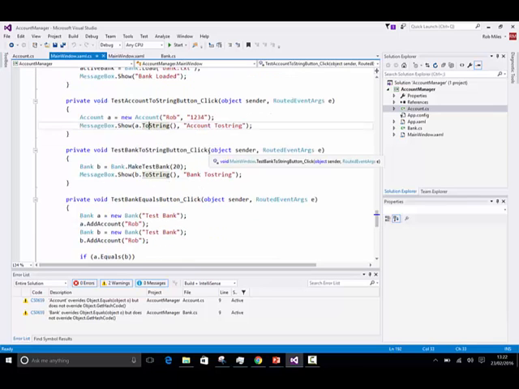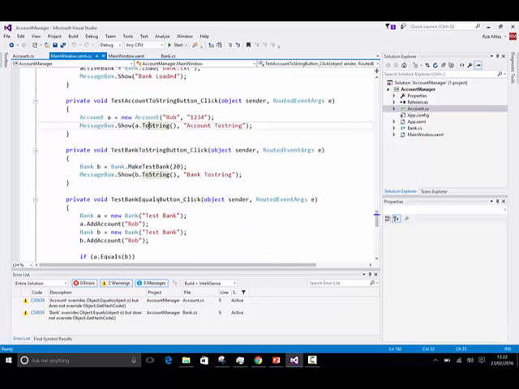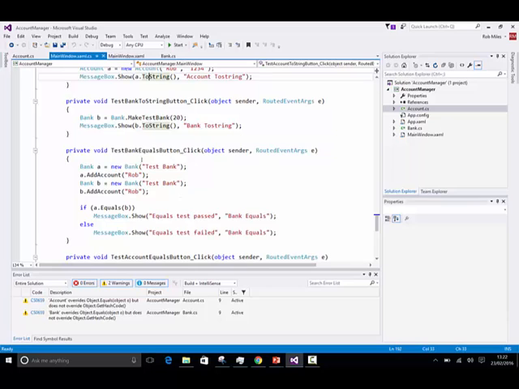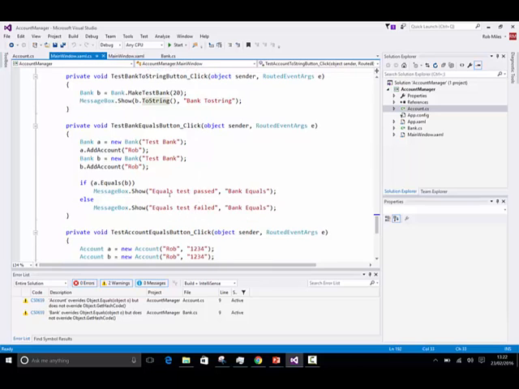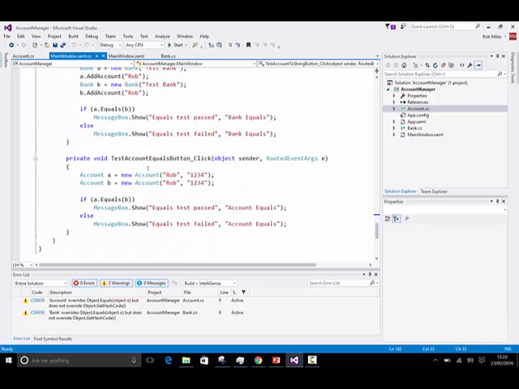If you do the same with the bank, and the account one, which do the toStrings for those two, then I have a test for equals. I make two accounts and I put them in the bank, and then I see if the two banks contain the same stuff. I do the same thing with accounts. And so what I want you to do in the lab is basically fill in the toString and the equals